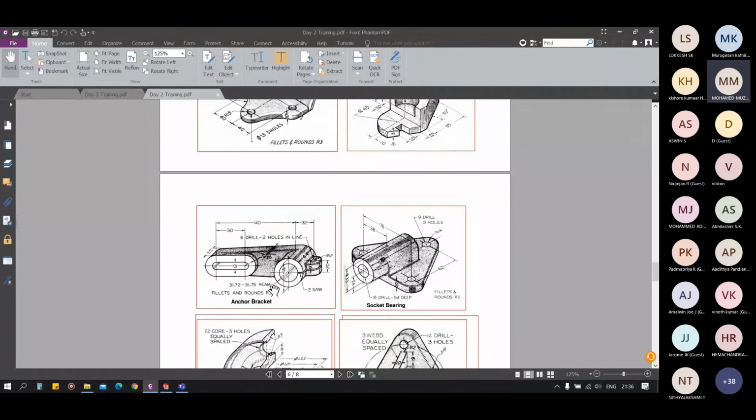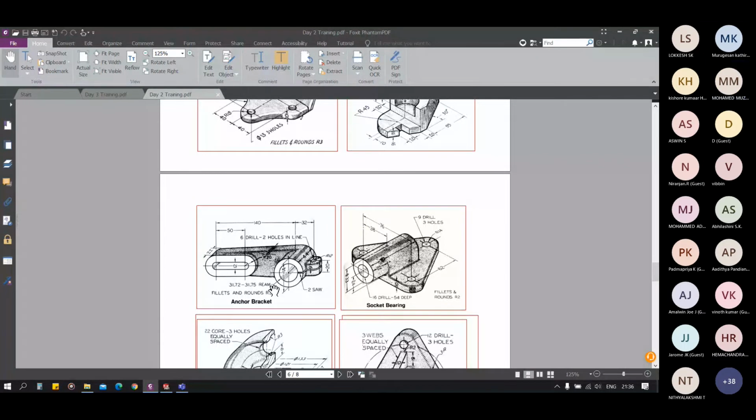Can we use any guide curves or any such things? Actually, there is no need for loft, but if you want to use it, you can. But it will be like creating a simple part using complex functions.